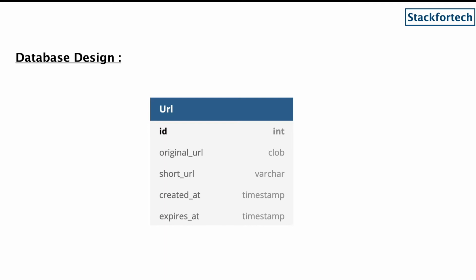Then let's go to the columns which will be required. We will have a unique ID for each and every record, then an original URL which the user will provide, and the length of that URL can be huge, so we have taken the blob data type. Then a shorter link which our application will generate, and that will be in the range of 0 to 255 characters, so we have taken varchar. And then we'll have two timestamps. One is the time when the record was created, the short link was generated, and the other is the time when the short link is going to expire. So these are the 4 or 5 fields which our database will have.